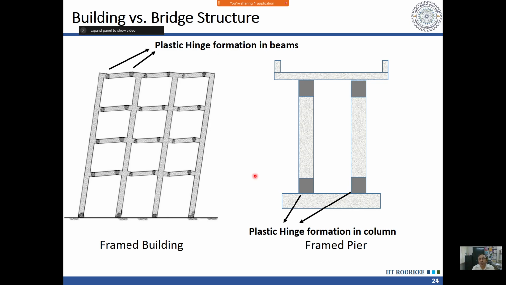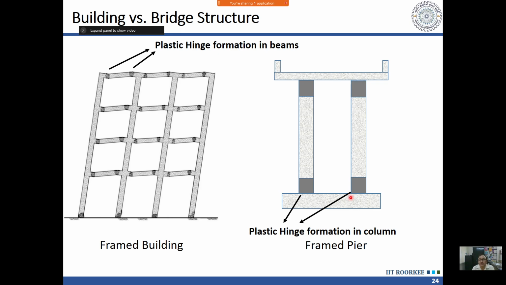Now if I have to ensure that the hinges form in columns only, not in the other elements, what do I have to do? I have to make the other elements stronger than the column. The problem with our design is that usually we over design the columns. We don't want to take risk with piers. So piers we over design, and once we over design the piers, we have to over design all other components, because the other components have to be stronger. Earlier, how was the code dealing with this issue?